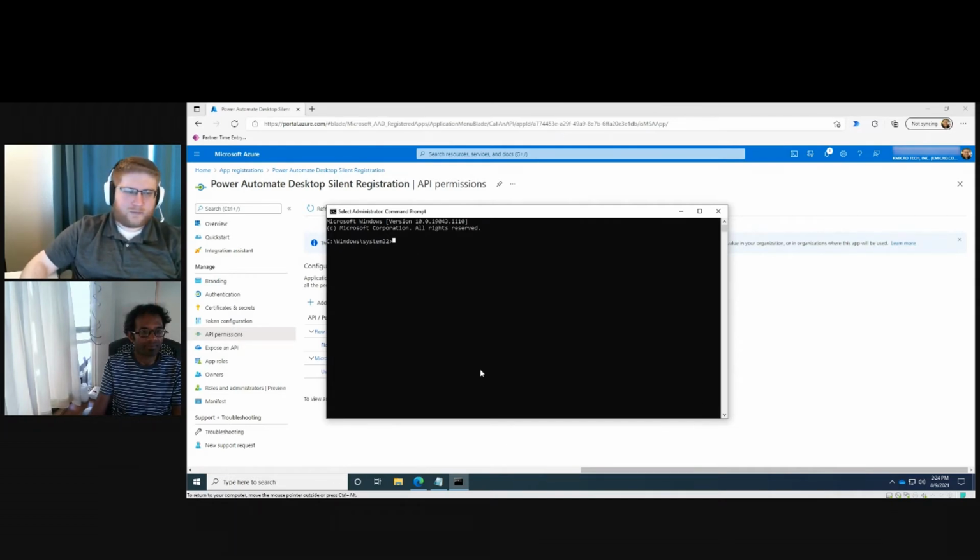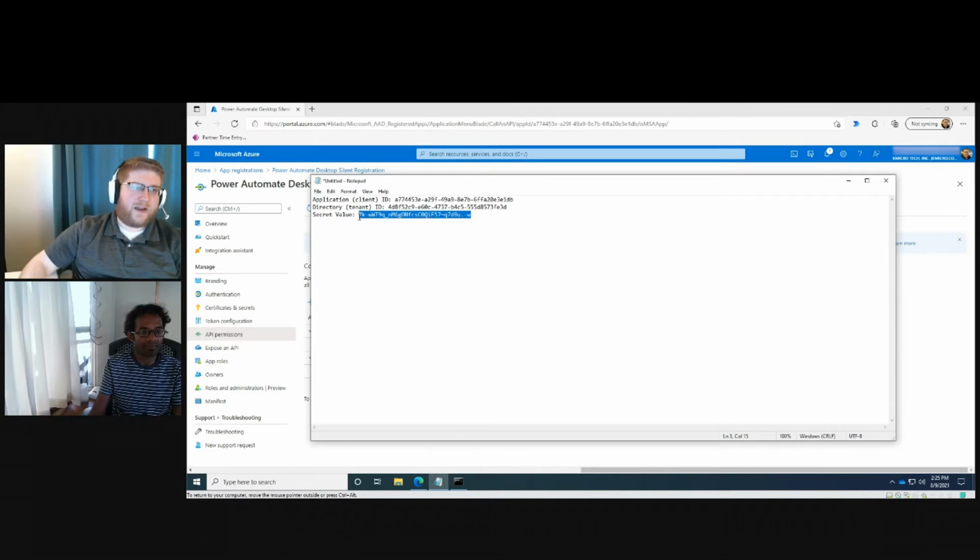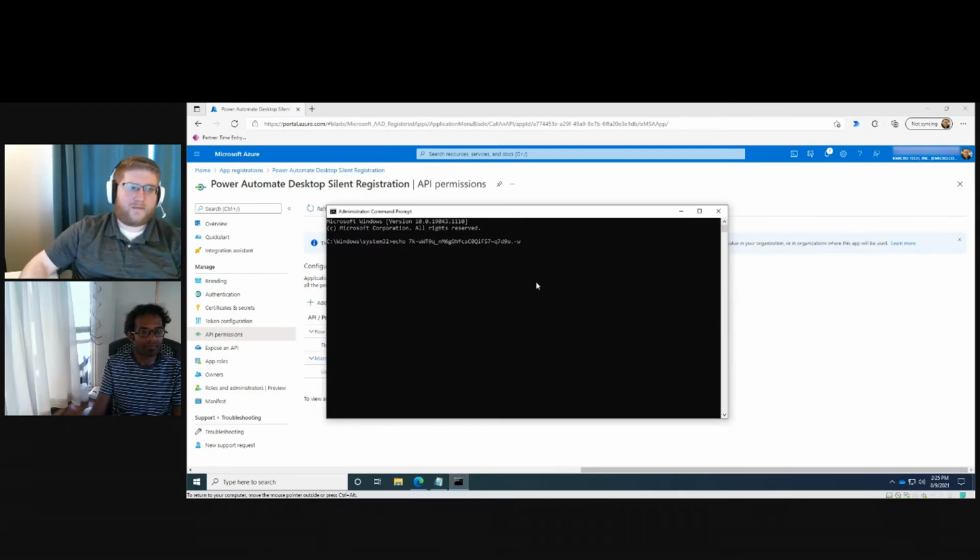But for testing purposes, I'm going to show you what it looks like on a machine where we run it manually. So the first thing we do is we type in echo, and we type in the secret value that we generated earlier. And then we pipe that into the Power Automate Desktop machine registration command. So we're going to go Program Files x86, Power Automate Desktop, PAD.MachineRegistration.Silent.exe. We're going to register the application ID,